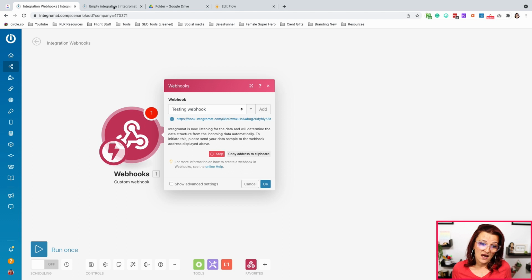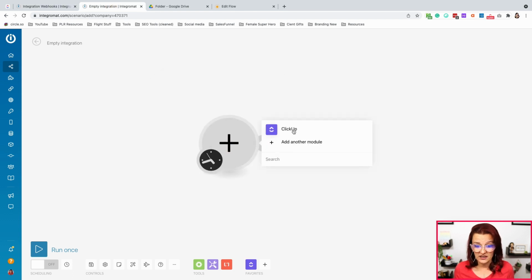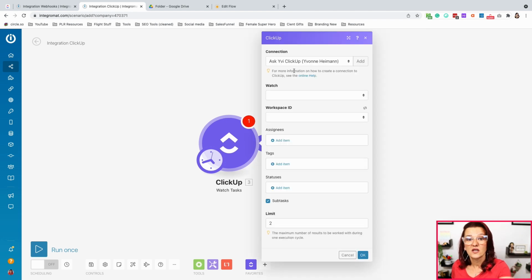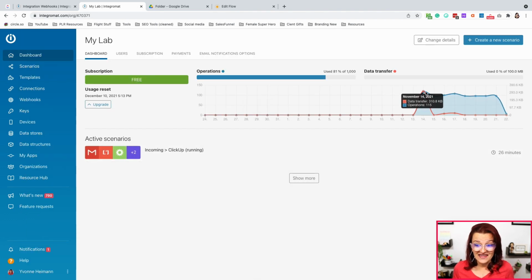The other way how you can start an automation is by going in here, using ClickUp, and then watch tasks. That says Integromat is going to ClickUp and checking what happened with your task, and going to ClickUp and checking again and again. Integromat is gonna go out and check things and check things. And there's actually not any information to pull because nothing has changed, yet you told Integromat to go and check. Yes, you can change the timing of that. Rather than sending out Integromat every 15 minutes or every 60 minutes, you can send them once a day.